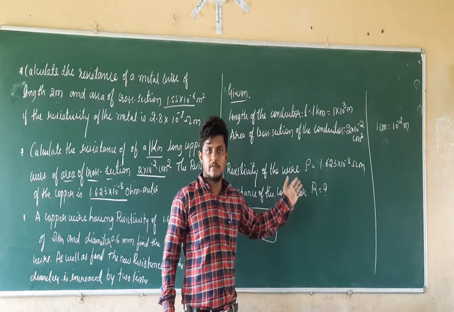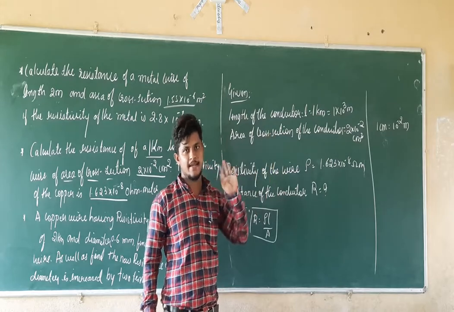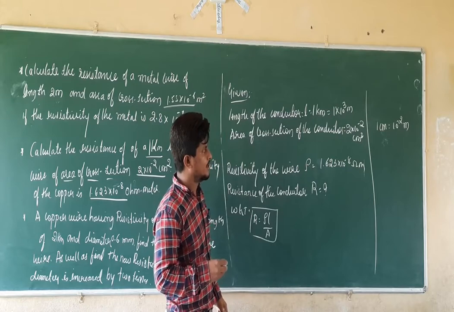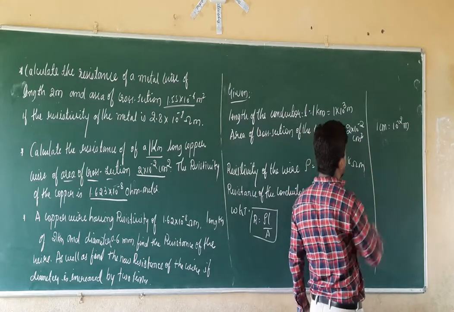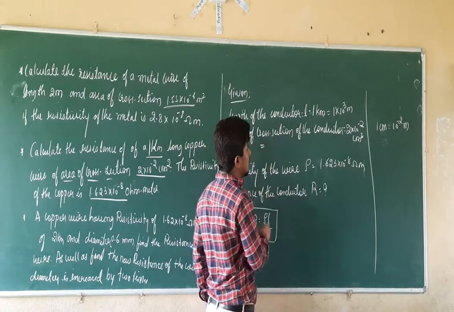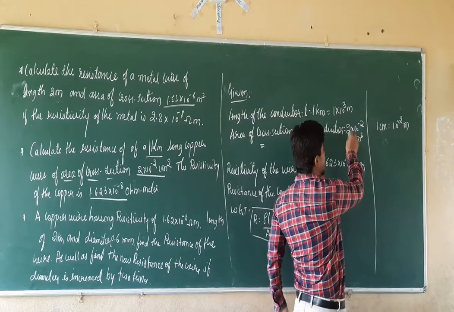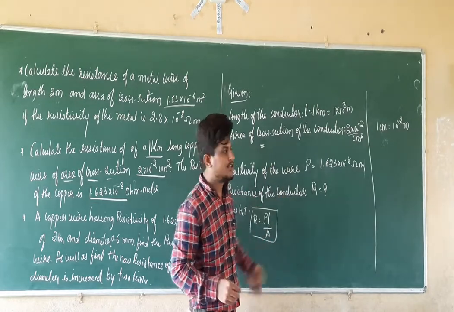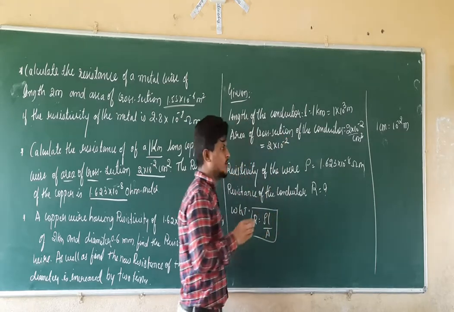So, with the conversion, we learn how to convert those things into meters or the required SI units. Here the area of cross section of the conductor is given as 2 into 10 raised to minus 2 centimeter square. We already know that 1 centimeter equals 10 raised to minus 2 meters, so I am going to convert that. We have to convert only the centimeter square, not the whole thing. The 2 into 10 raised to minus 2 is a constant value, the coefficient of the centimeter square, so there is no change in this coefficient. I am going to write it as 2 into 10 raised to minus 2 only. I am not going to change anything there.